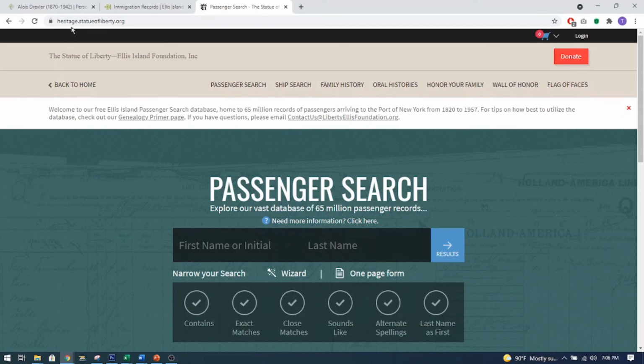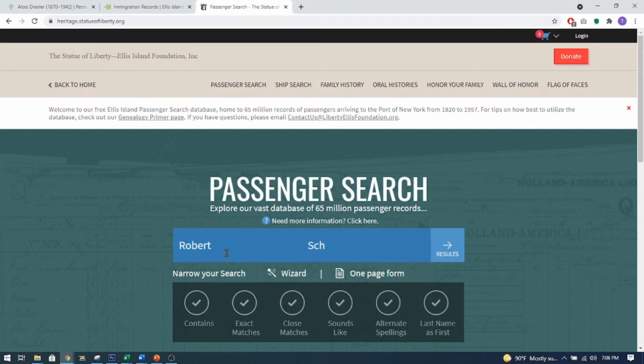Oh, that's why. HeritageStatueOfLiberty.org is how you find it. And you're just going to type in your name, the first name and last name, and it's going to give you results. I'll just type in my grandfather's. Let's see. Robert, my great-grandfather. Schwartz, he does not show up on this, but there are